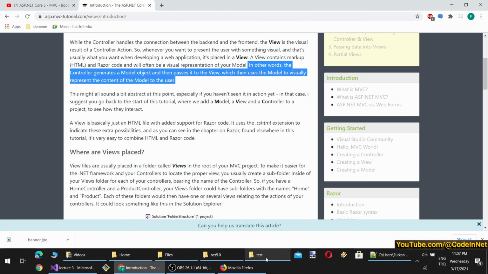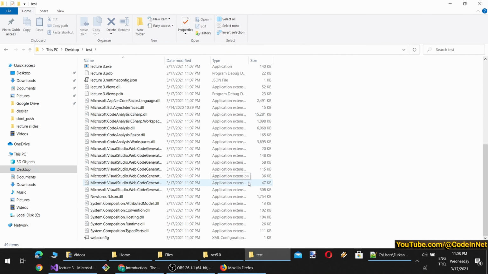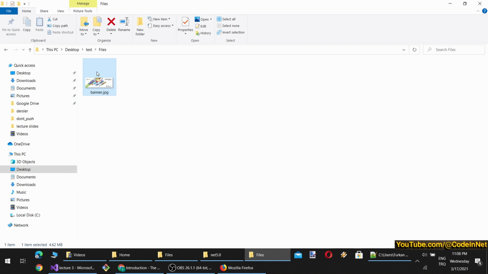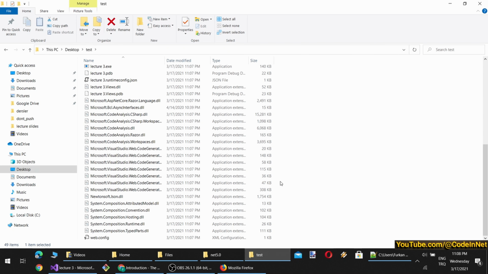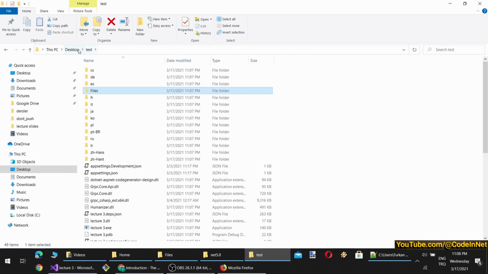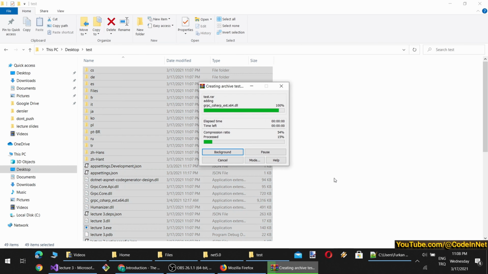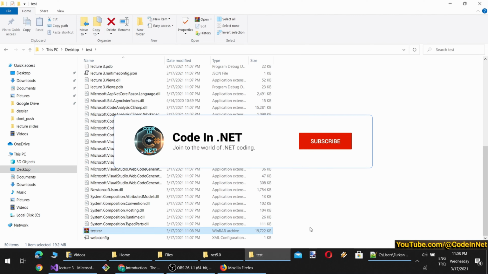Okay, I think it's published. When I refresh, I see the published result. The file is also published, therefore it should work on a remote computer as well. You see how many DLLs it has published. These are the things that are taking time. So let's see how much space it is taking. It is about 20 megabytes.